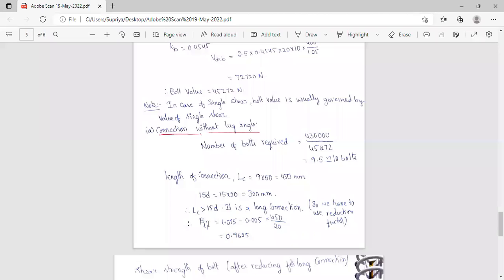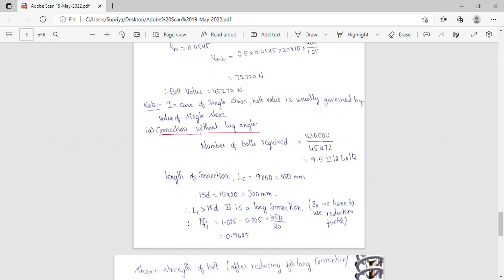Okay, second, bolted connections. Remember the bolted connection, there we have discussed three reduction factors. One is for long connection, and one is for packing plates. Like that. So here it is a long connection, so we have to consider the